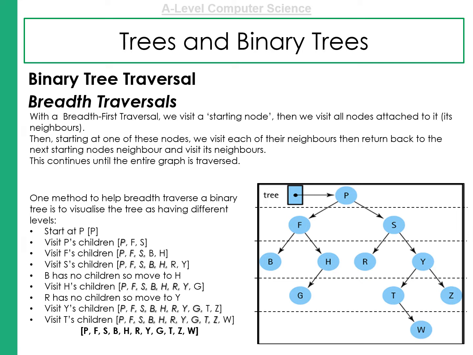Now remember, we're visiting the neighbours first, so we next go to R in the same level. R has no children, so we can move on to Y. Y has two children, T and Z, so we add these into our array. Now remember, we go back to the initial node. G has no children, so we can forget about that. T does have a child, so we add W, and Z doesn't. So we'll end up with our final array, which